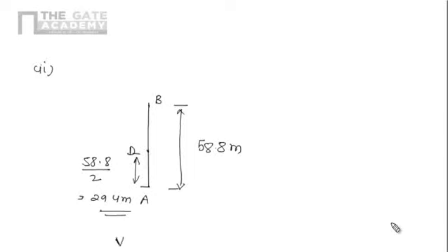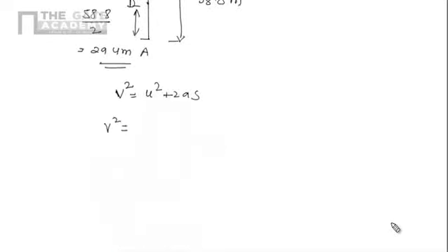So I am using this equation, V square equals U square plus twice AS. So here we have already calculated the value of U, that is initial velocity, 34.3 square plus 2. It's a motion under gravity, so that is G, and it is downward, so minus, and the distance is 29.4, and it is going upward, so it's positive. So now